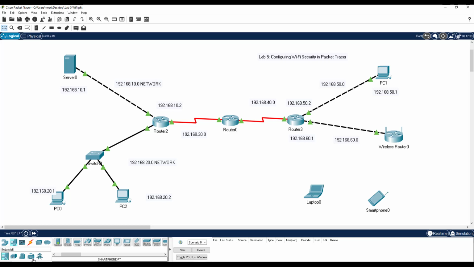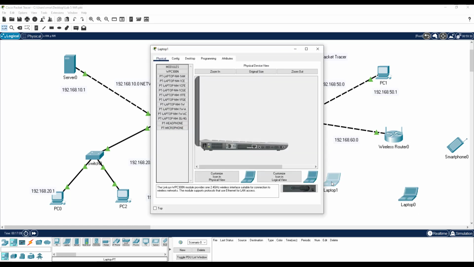Now I'm having a laptop now, so you can add any number of devices. I'll just show with only one. So you can have any wireless devices, you can create your own wireless network. So from the wireless device, I want to access any of the devices which are available outside. Now I'm having a laptop. So the laptop, I'm going to just click the laptop. If you see the laptop, just zoom in. In the physical tab, if you zoom in,